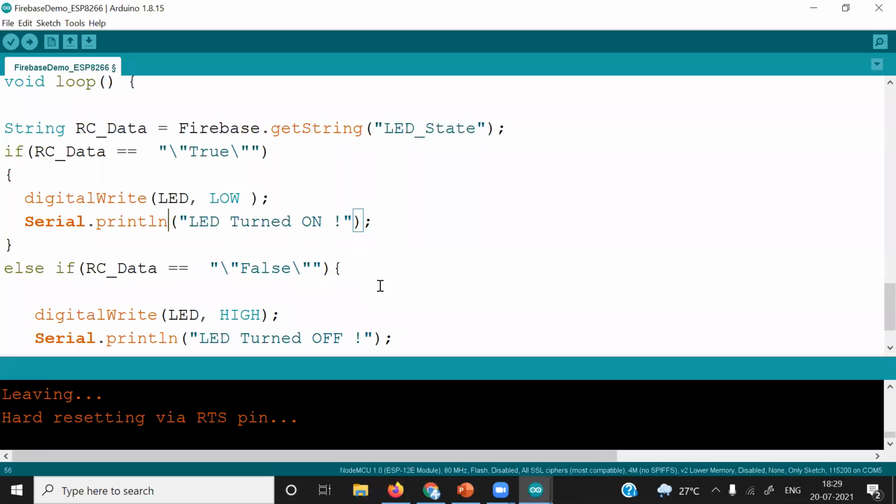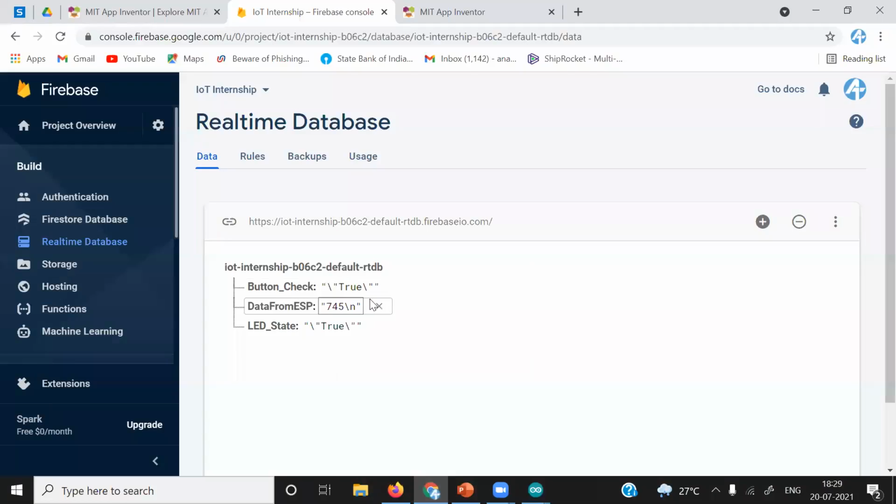We have not pressed any button on the Android application. I just pressed one time. Even though I have pressed one time, it is still receiving this data from Firebase. That is the reason we must put this condition for a button check, to check that we have clicked the button and then read the data. Else we do not want to read this data. There are two problems here, and we are tackling both using this button check. First is whether we press the button or not. Even if we press only one time, it is still reading this data.